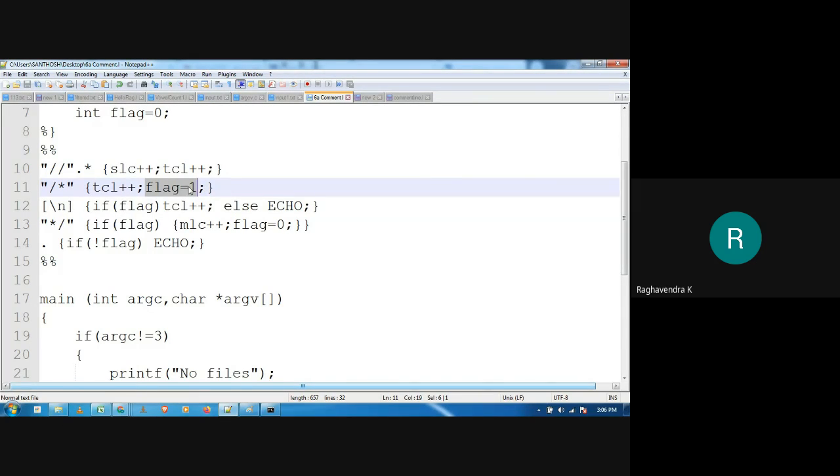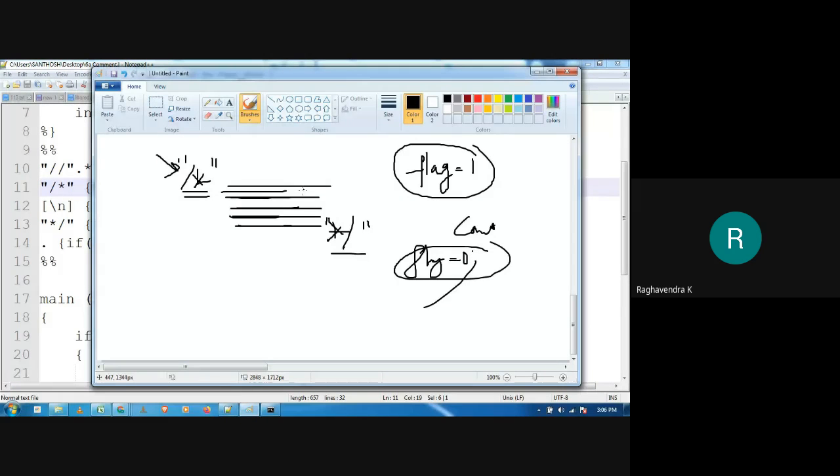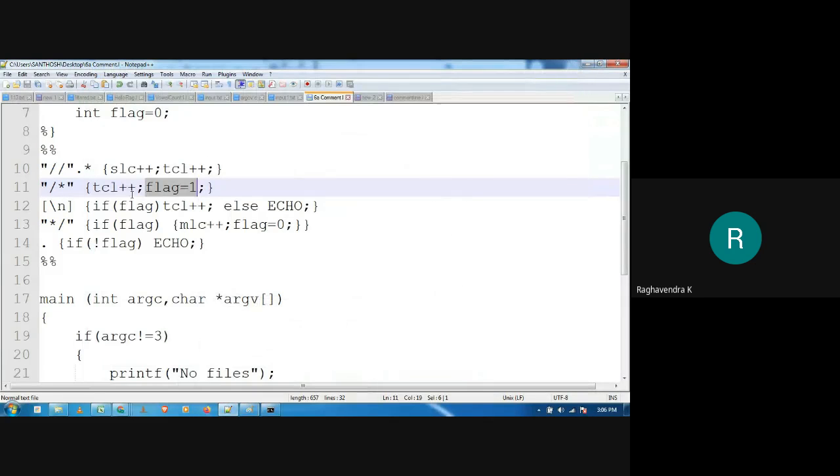When I am inside a multi-line comment, you will come across slash n, correct? This indicates that a comment line is inserted. Now also remember that there may be other places where slash n appears, so I have to consider it for counting only when the flag value is set to 1. Whenever I see slash n, if and only if the flag value is set, then I will increment the total comment lines.